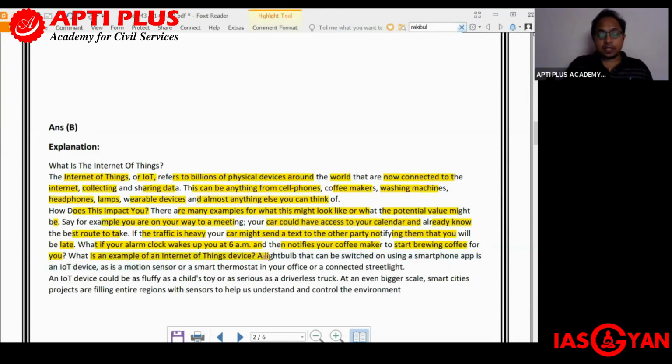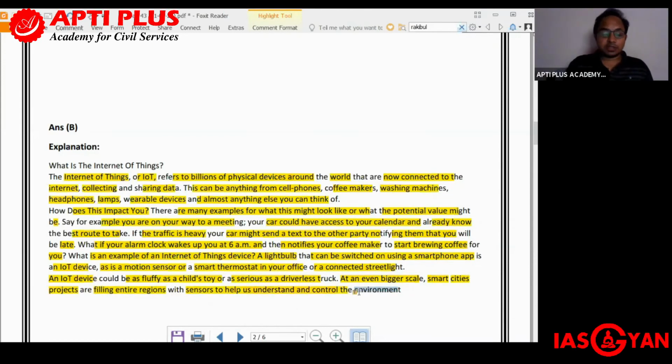A light bulb that can be switched on using a smartphone app is an IoT device, or Internet of Things device, as is a motion sensor or a smart thermostat in your office or a connected street light. An IoT device could be as fluffy as a child's toy or as serious as a driverless truck. At an even bigger scale, smart cities projects are filling entire regions with sensors to help us understand and control